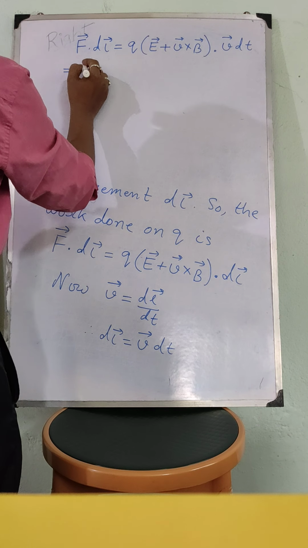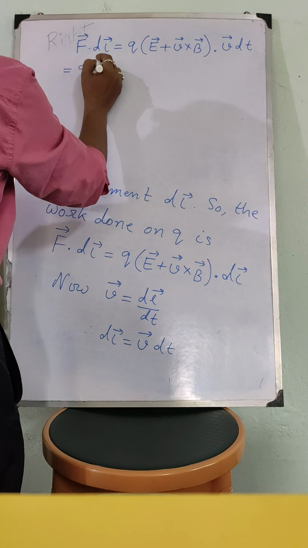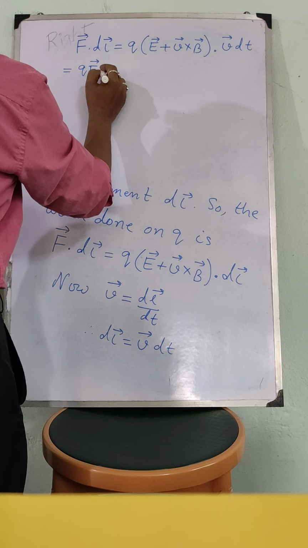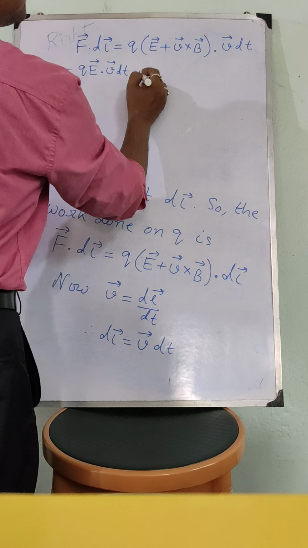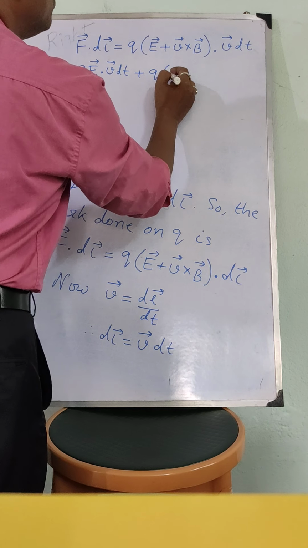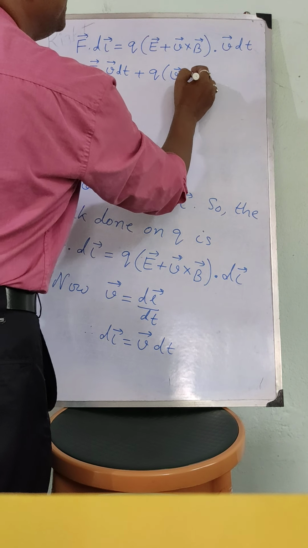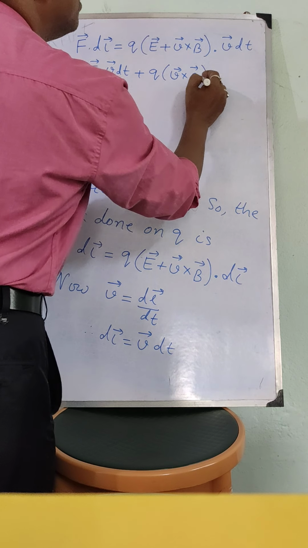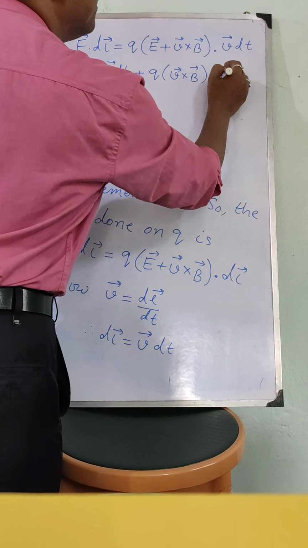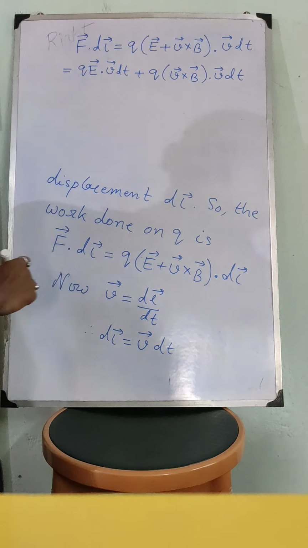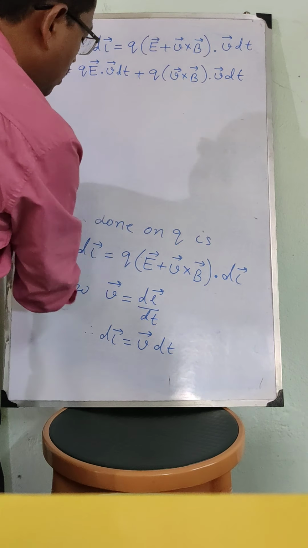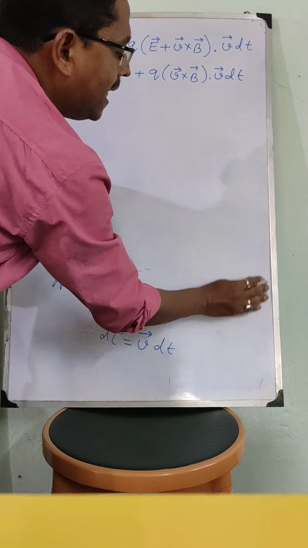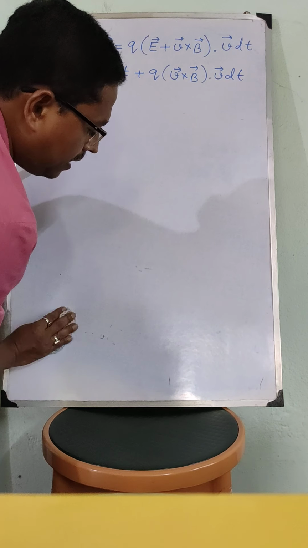So this is Q into E dot V into dt plus Q into V cross B dot V into dt. Now you can see from the property of the scalar triple product that the last